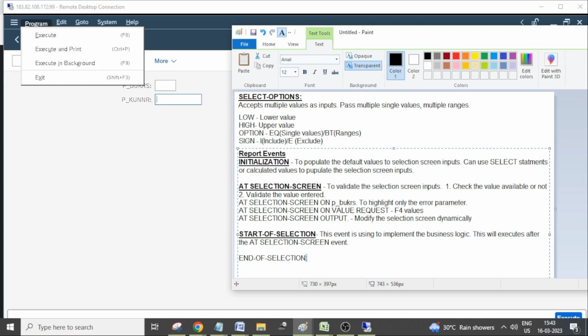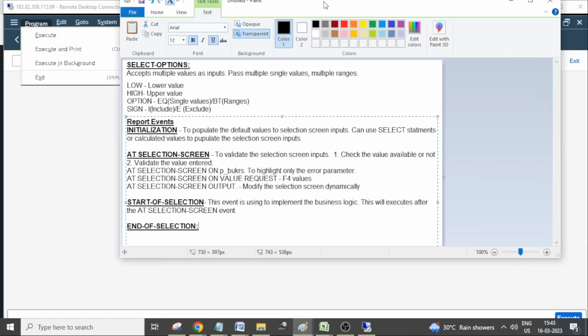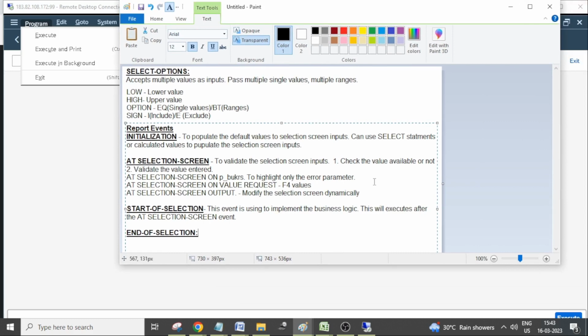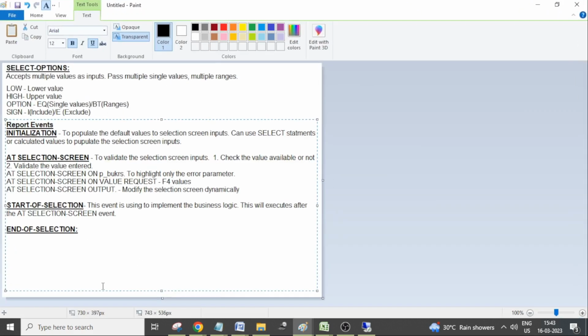So usually end of selection is an optional event in normal ABAP, but it is mandatory in HR ABAP, ABAP related to the HR module. This is to complete the logical database options. Anyway, if you are not aware of it, that's okay. In normal ABAP you can use it to